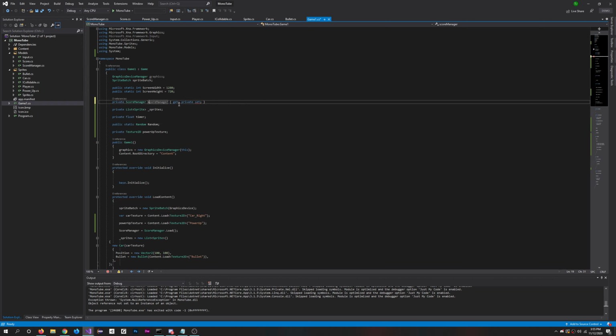So if we go down to sprite and we can just make it right under here, under rectangle, we'll do public rectangle collision area